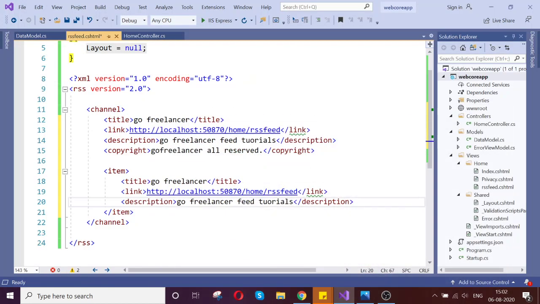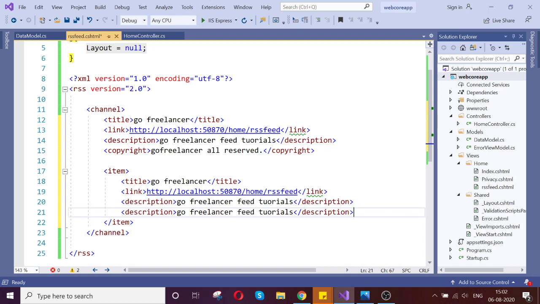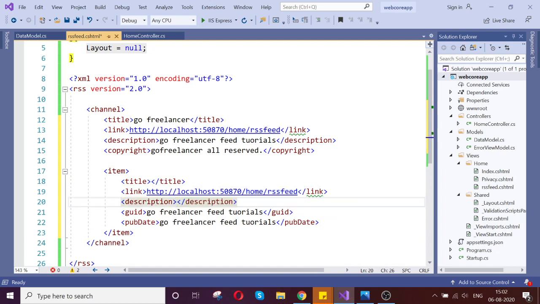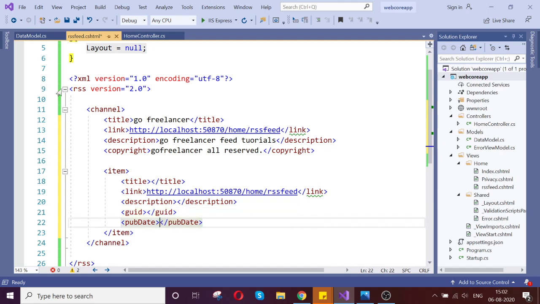Okay, cool. So let's remove all this stuff, and cool, we have our tags ready.